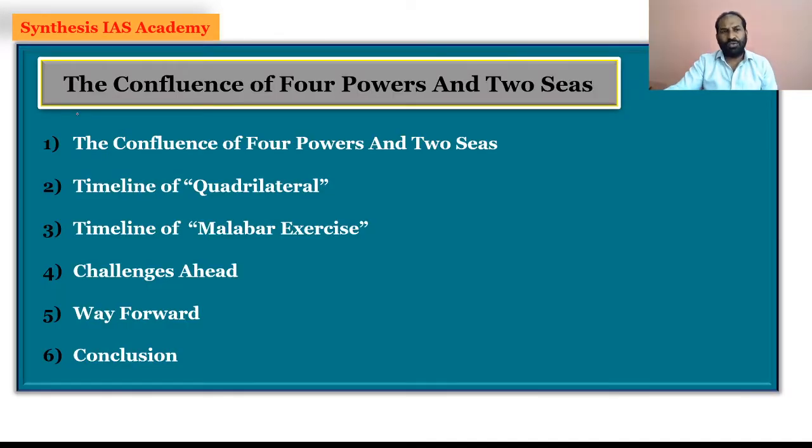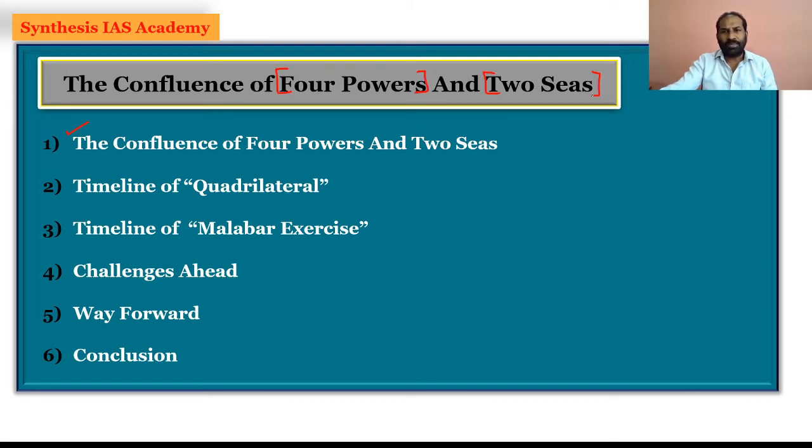When we focus on the topic, the confluence of four powers and two seas, I would also get into the subtopics, so that you can have a complete, thorough and comprehensive understanding of the confluence of four powers and two seas. So what is that? We'll look at it, and then in the process of the four powers and two seas,